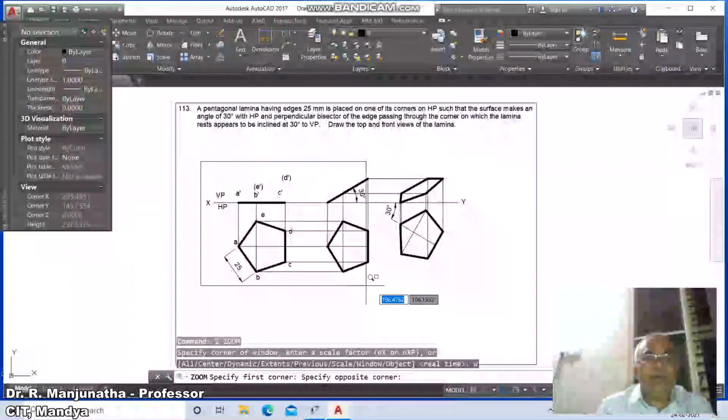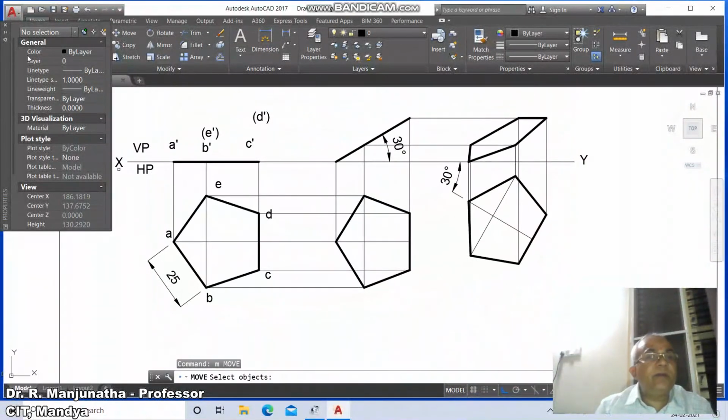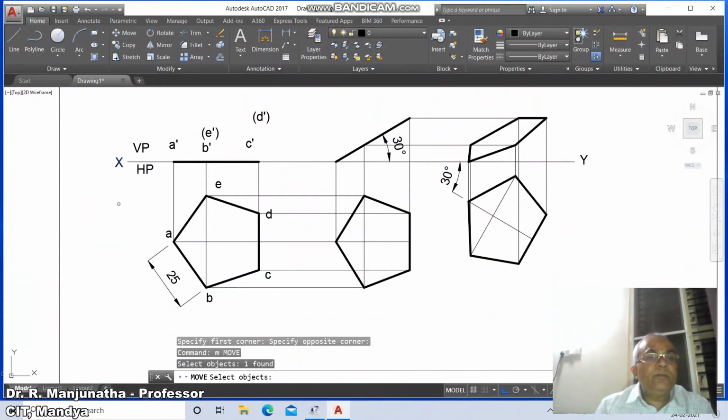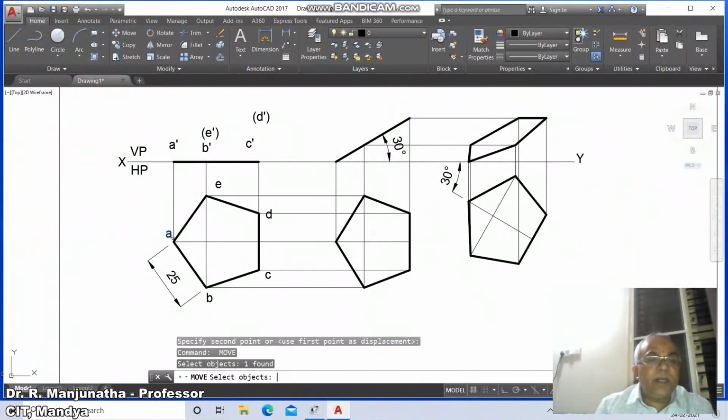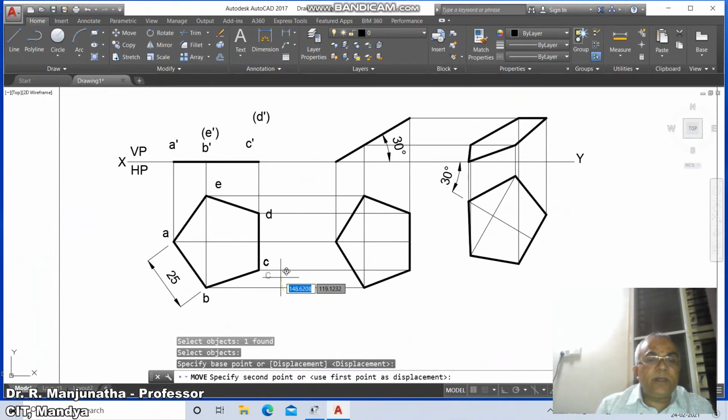Then go to zoom window, take near to the screen, then move, switch off the ortho mode and place this wherever you want. Go to VP and here you type HP and move it appropriately so that you take A and here you take B, here you take C, here you move it to D, and here you move E, you take A dash, you move B dash